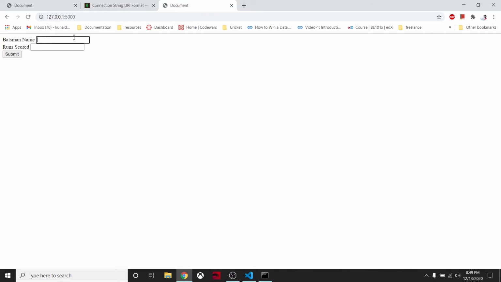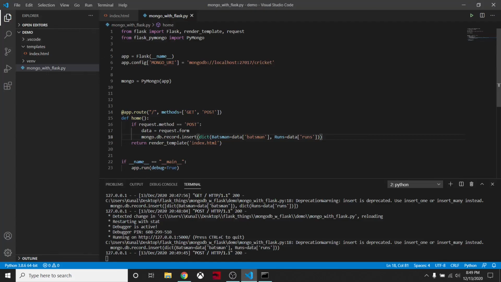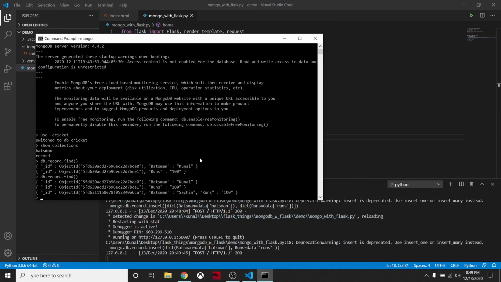So we'll enter Sachin, and he also scored 100. Let's see. Now we can see this is a single entry, and batsman is equal to Sachin and runs is equal to 100.